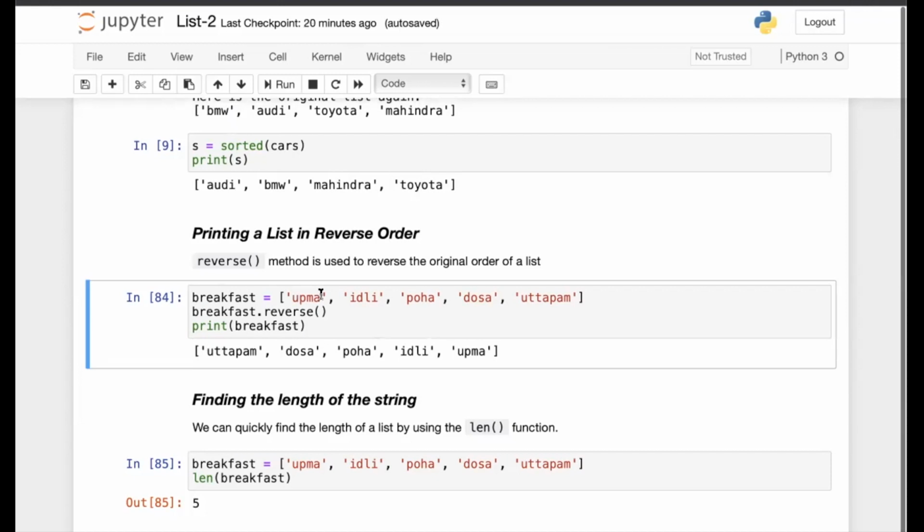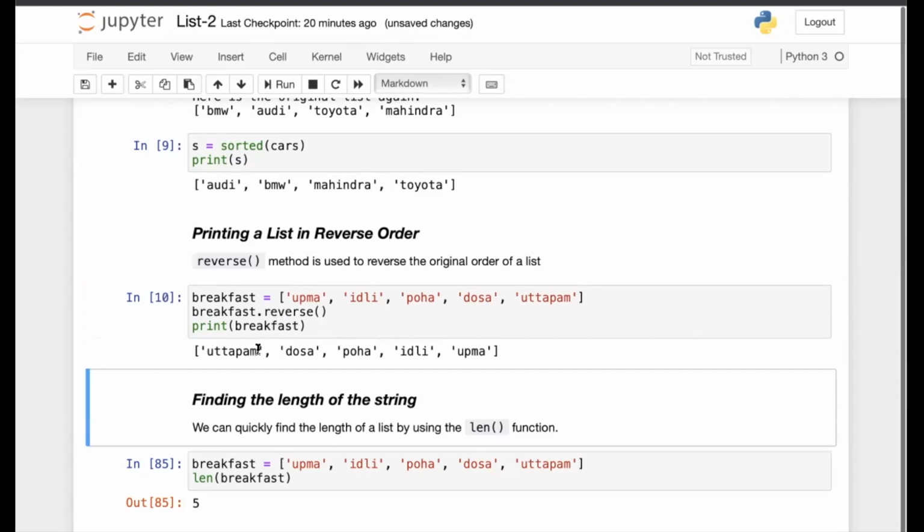For this example, I am defining a list of breakfast items: upma, idli, poha, dosa, and uttapam. When I apply breakfast.reverse, the dot operator means apply the reverse method over the list variable breakfast. When I print my list again, it gives me the reversed order. The item which was at the end is now the first item, and likewise.